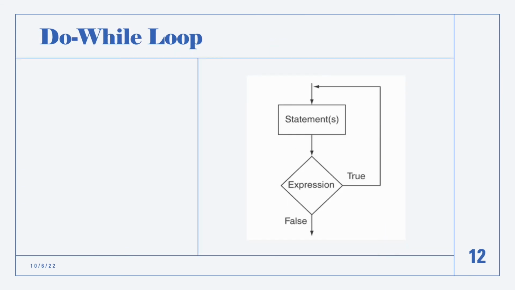Just another example of a while loop, and we have a do while, right? So a do while loop, you can think of it as a password managing system. If you want to check your password, it will just ask you to input your password. So you input the password for the first time, then it will check the value of your password,